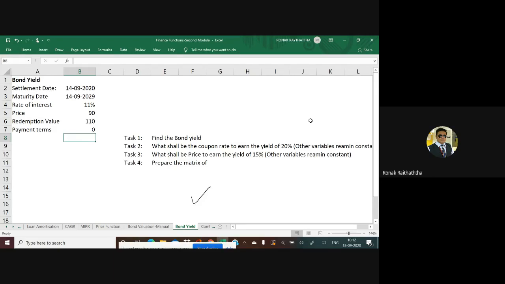Okay, the silence should not be perpetual. It should end somewhere. I hope students have done it. And those who have started now, I do not have too much time for you, my dear students. You may take a snap of it and then you can do it. But please ensure that the settlement date and the maturity date which are written over here must be in the date format. If it is in some other format, then the answer will not come properly. So it must be appropriately written in a date format.